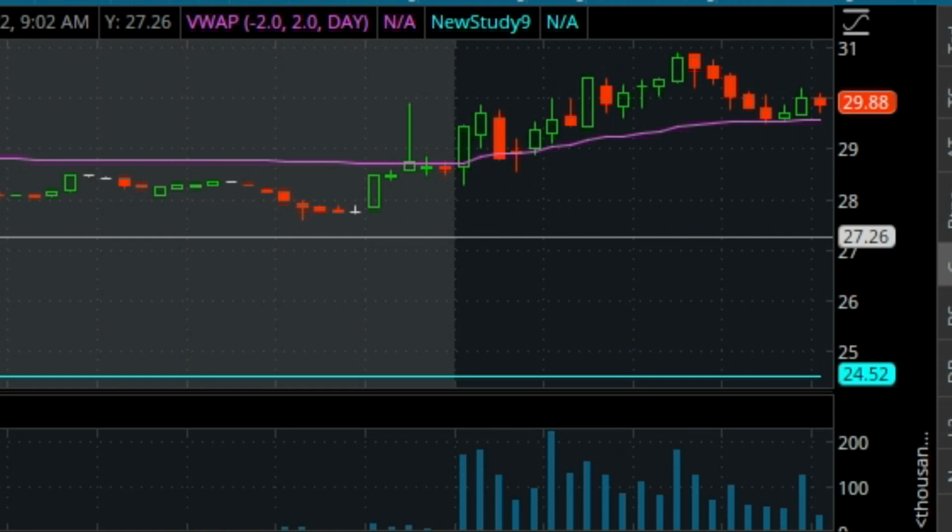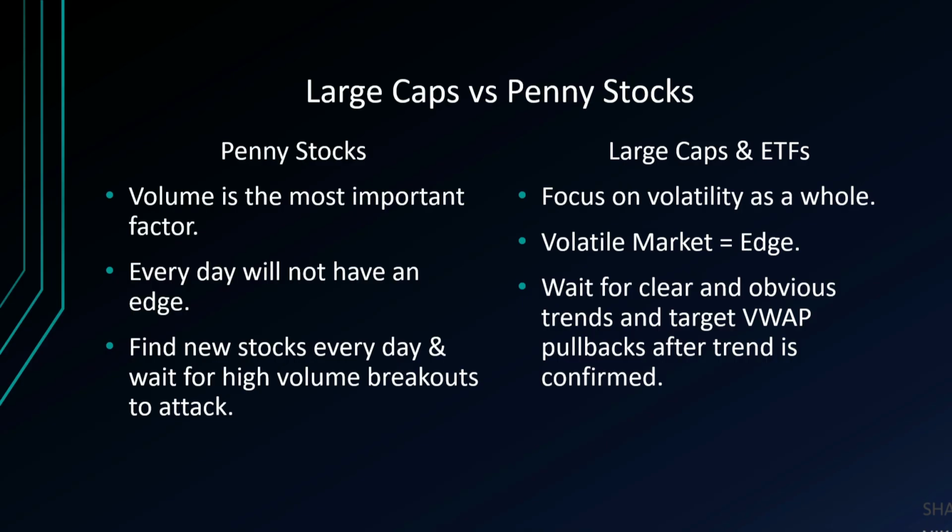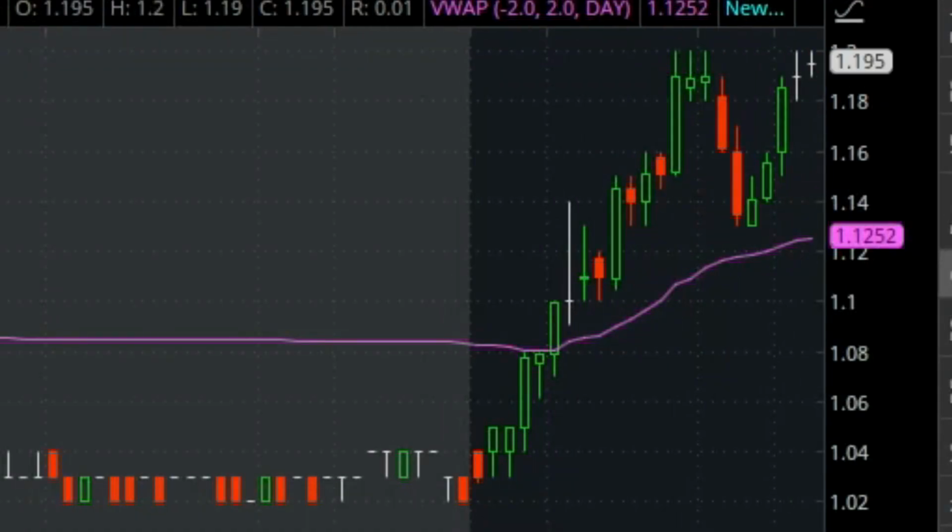Every day will also not have an edge in penny stocks. A lot of the time, the day is just not favorable for trading VWAP bounces in penny stocks because a lot of penny stocks will just be failing and it just won't be a reliable day. So you've got to find new stocks every day if you're going to trade penny stocks. You have to wait for high volume, really abnormal volume with big breakouts, parabolic curves, and more. And if you don't have patience, you should probably not trade penny stock VWAP bounces because,